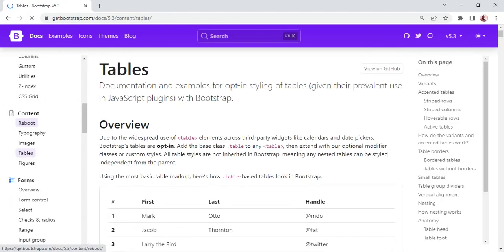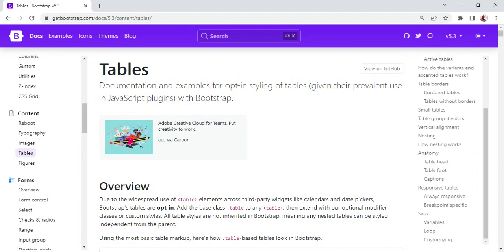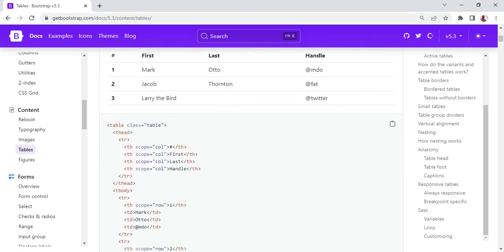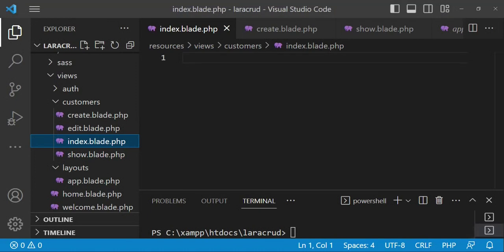So the tables, we're just going to copy something from this first table that we have here, just this one. And I'm only interested maybe in the table and some part of the content up until there. I can copy just that,